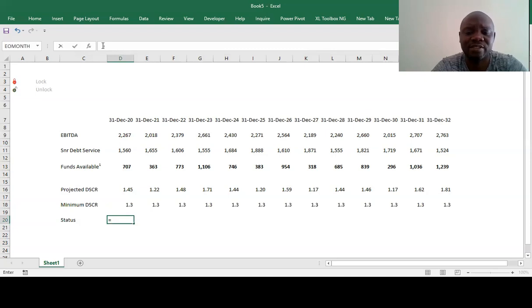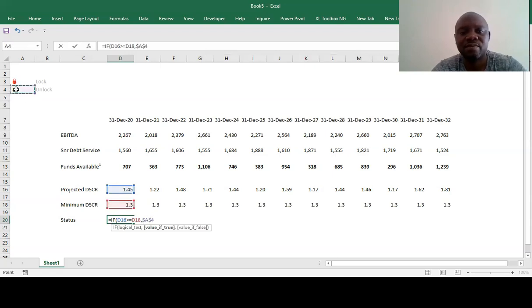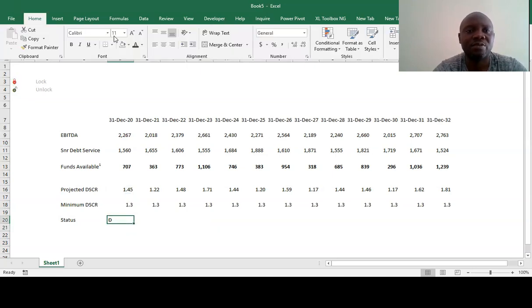So here we'll say equals if the projected debt service cover ratio is greater or equal to the minimum. If that is okay, it means that we have to unlock this project. Otherwise, this project has to be locked.